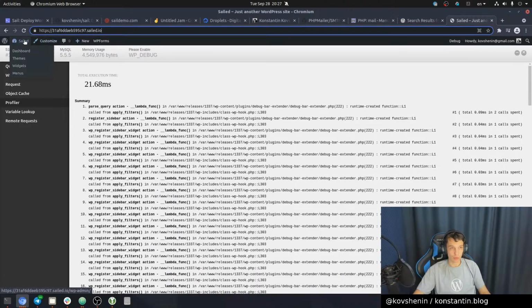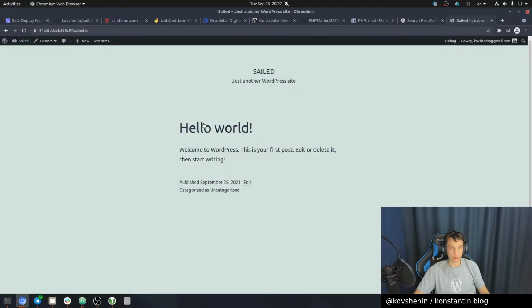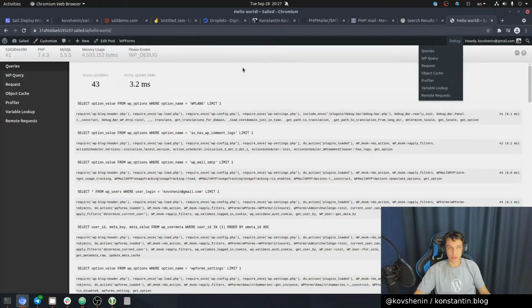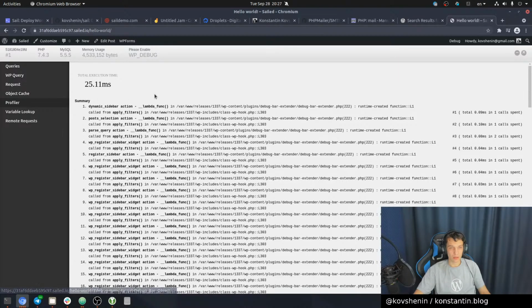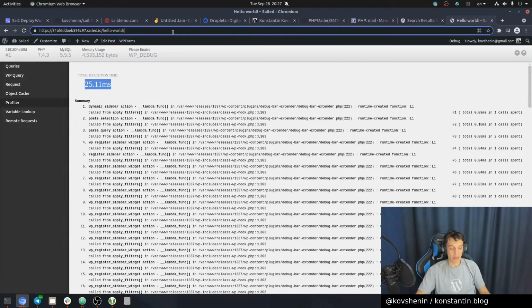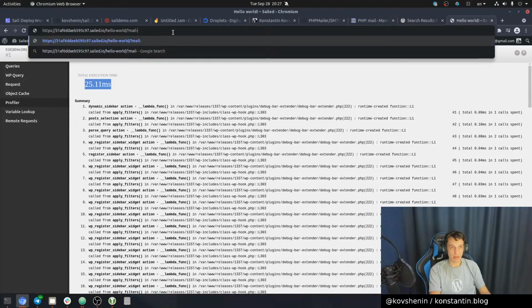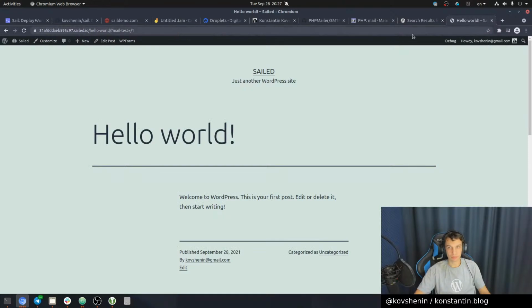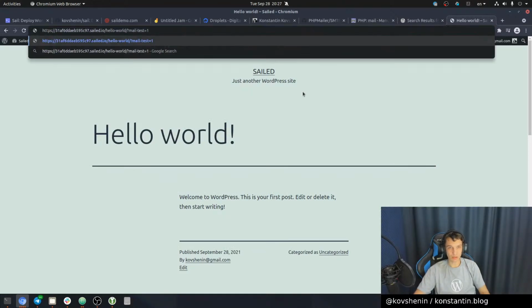So let me go to the home. Let me go to this page. Let's see that the execution time for this particular page, me being logged in, visiting this page, is 25 milliseconds. So this is bare vanilla WordPress without doing any mailing. Now, if I do mail test equals 1, mail test equals 1,